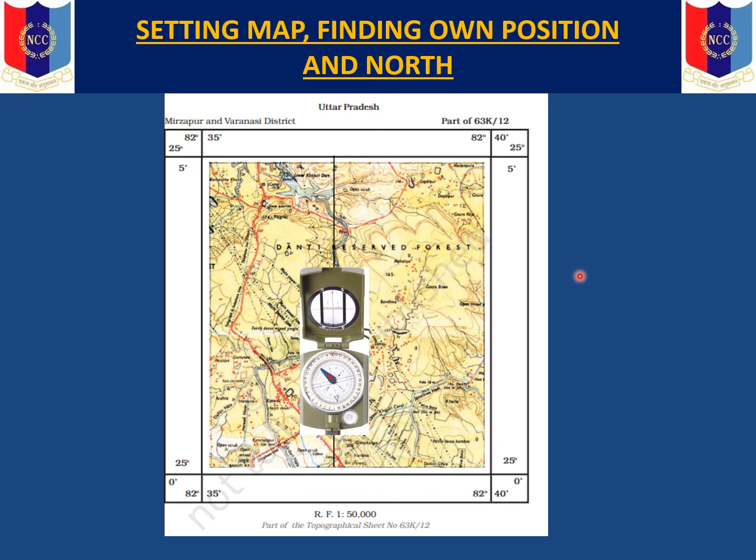How do we set the map using a compass? You have to place the map, and on the map you have to place the magnetic compass in such a way that the grid line and the vertical crosshair of the magnetic compass are coinciding. Your magnetic needle may point towards the magnetic north, which can be in any direction. Now, setting a map requires that the magnetic needle, the crosshair of the compass and the grid line all coincide. They all lie on the same line.